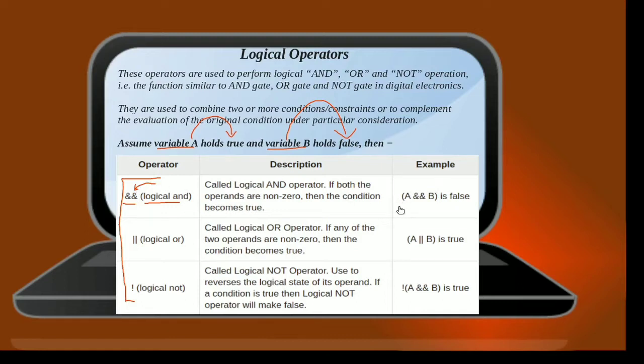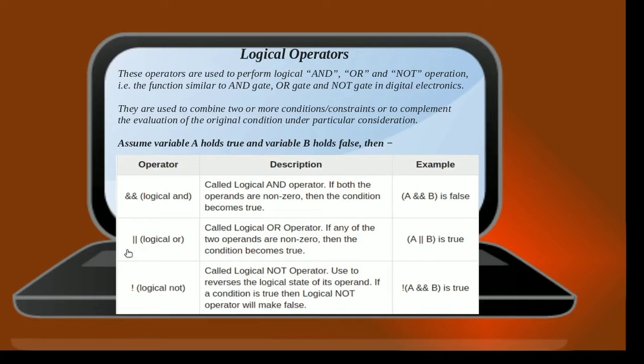Like in this case, if you look at this example, we are making use of the logical AND for the two boolean variables, not to forget the boolean variables, since it takes only boolean inputs. Now variable A is holding true, but variable B is holding false. And when it comes to the AND operator, if any one of the inputs is false, like in this case, then the result is also false.